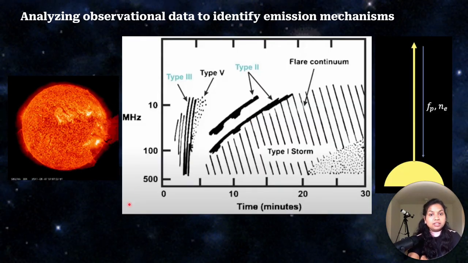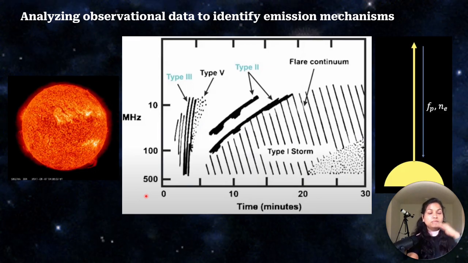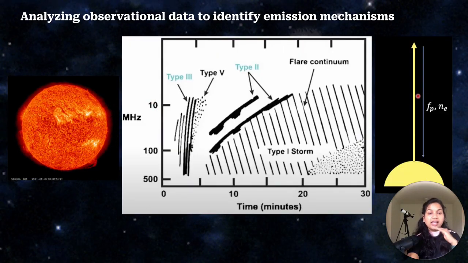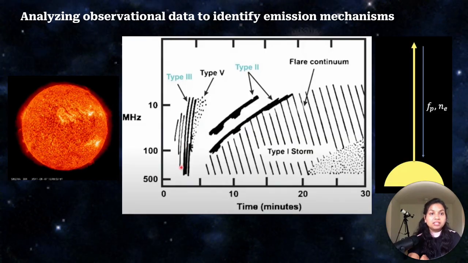This frequency axis is simply a measure of height above the solar surface. The lower the frequency, the higher the height above the solar surface. Here you can see the different shapes of these signatures. The very first is the vertical line, which is known as a type 3 solar radio burst, and it is associated